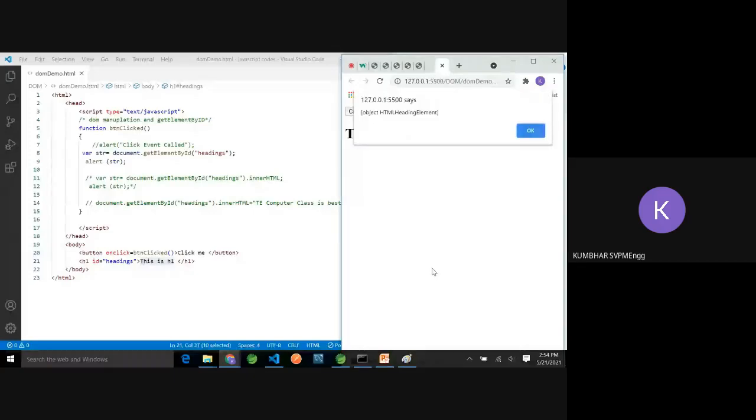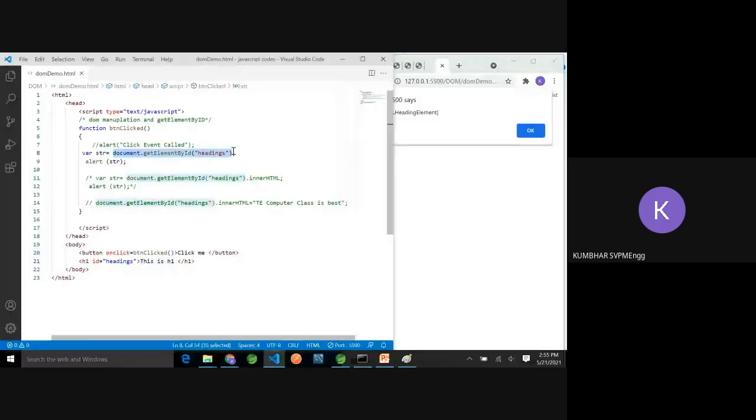HTMLHeadingElement, which is an object. I hope now it is pretty clear to everyone what I'm talking about. DOM, every node means one object. Give me a reply. Actually, this is one element object, and in this object different attributes are there, values are there. That is different. Right now we are only pointing to the element object, and that's why it is printing HTMLHeadingElement.